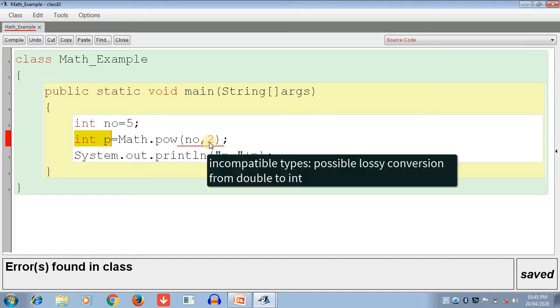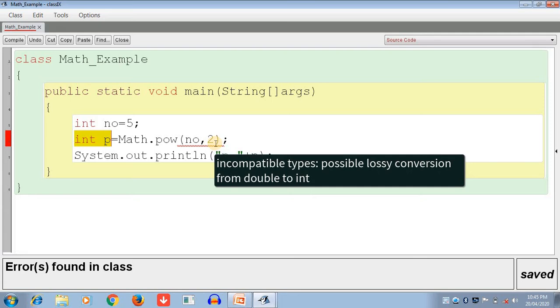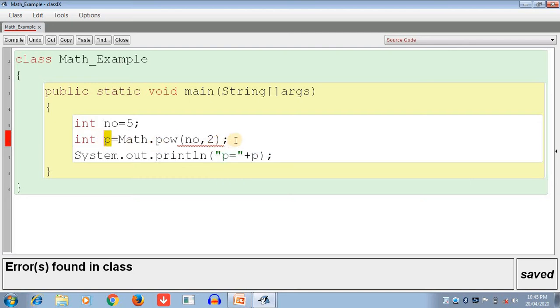That error comes automatically: possibly lossy conversion from double to int, because the memory size of a double is much bigger than an integer. So we cannot store a double data type into an integer.